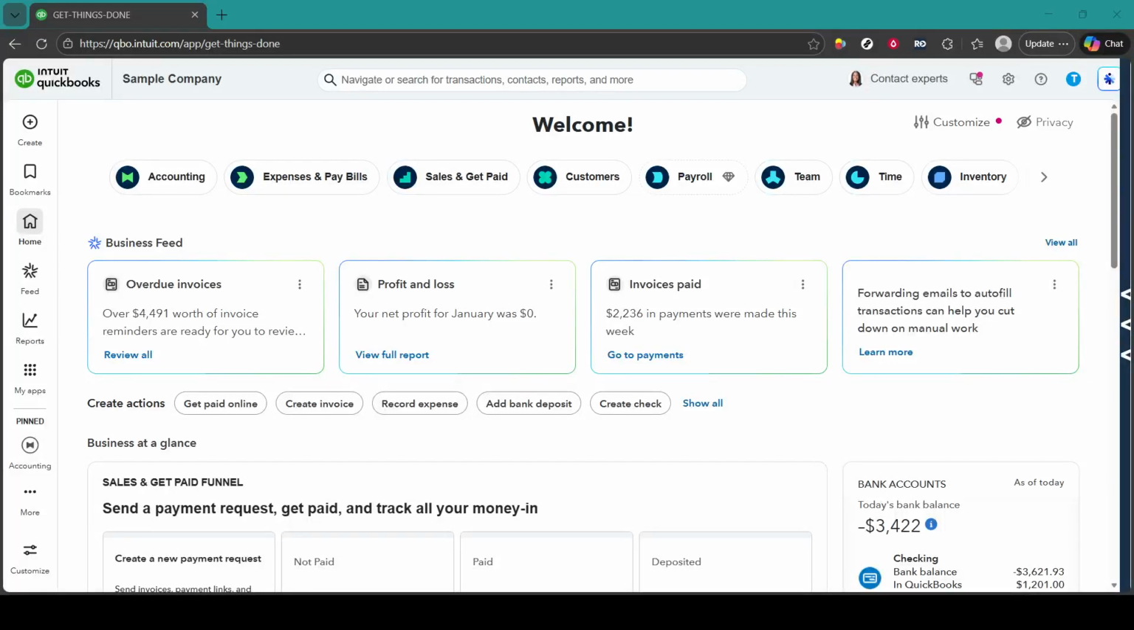In today's video, I'm going to teach you how to run a profit margin report in QuickBooks. We're going to use the profit and loss report and turn on a simple setting that shows each line as a percentage of your total income. That percentage view is what reveals your profit margin, so you can quickly see how much you're keeping after costs